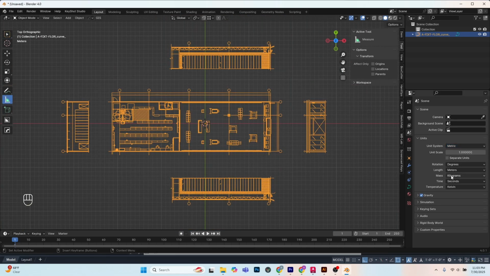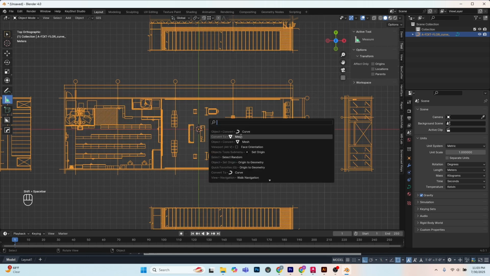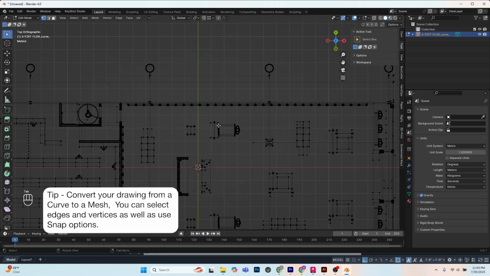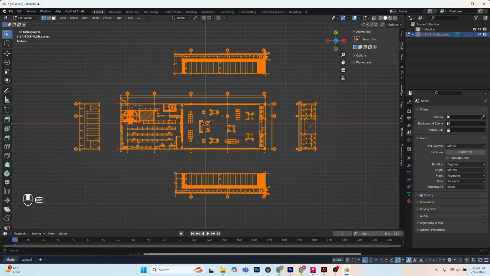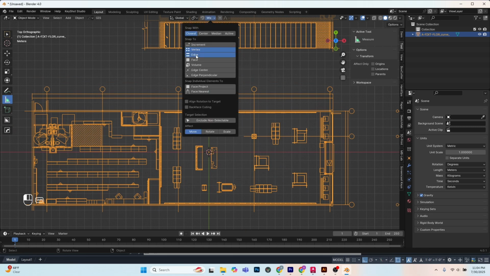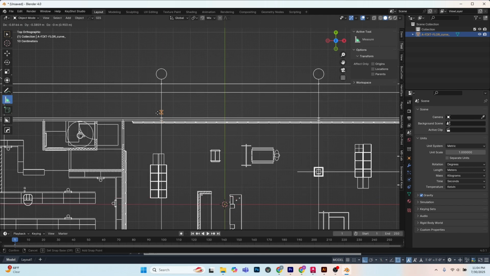Make sure that I'm in metric, meters. This is a curve object, but I like to convert it into a mesh object. That way when you tab into edit mode, you can select each of these edges and vertices like a regular mesh object. I think also the snaps now also will work. So when you're moving something, you can snap from points or edges,